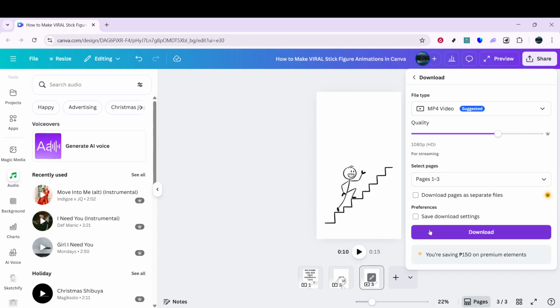Try experimenting with a few more pages and motions to build a short scene, and you'll see how quickly your